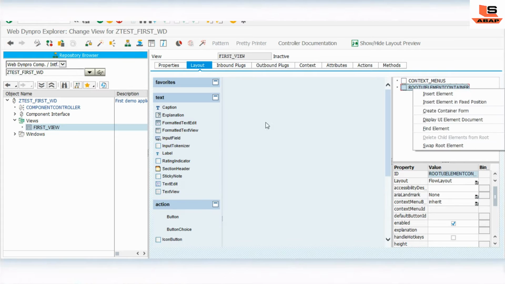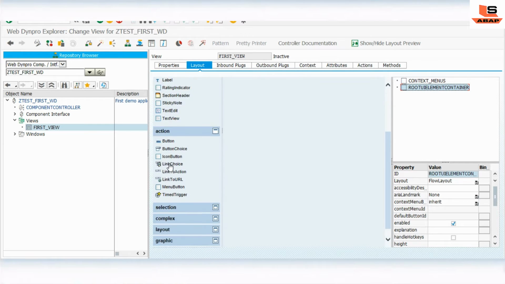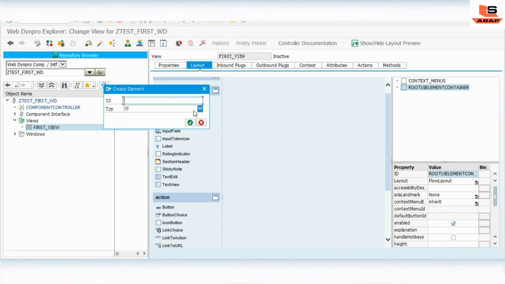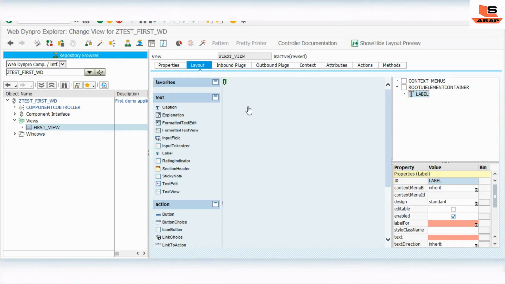Okay, so now as you can see here, we just need the label and text, label and the text grid. For the label we can just drag and drop. But in case you can't drag and drop, then you just click on this router and click on insert image, and here you need to select label. We'll give label 1, the label. Okay, so now as you can see I have added the label here.